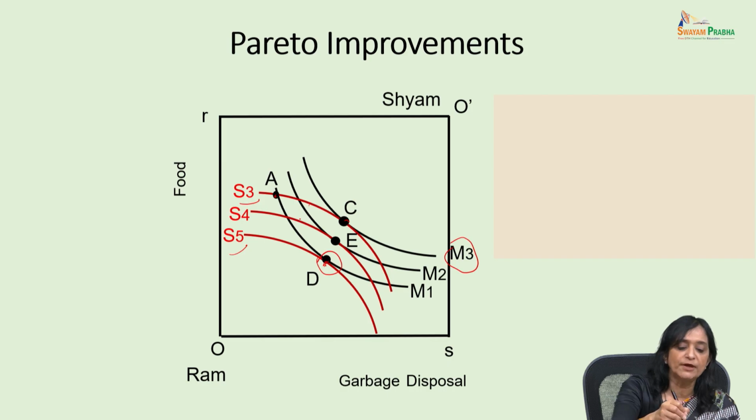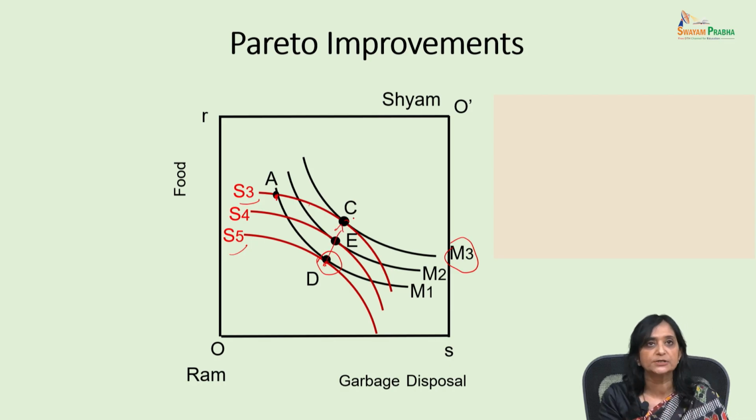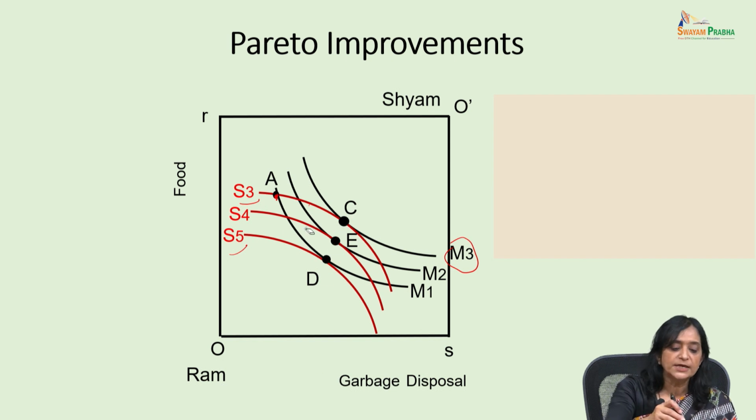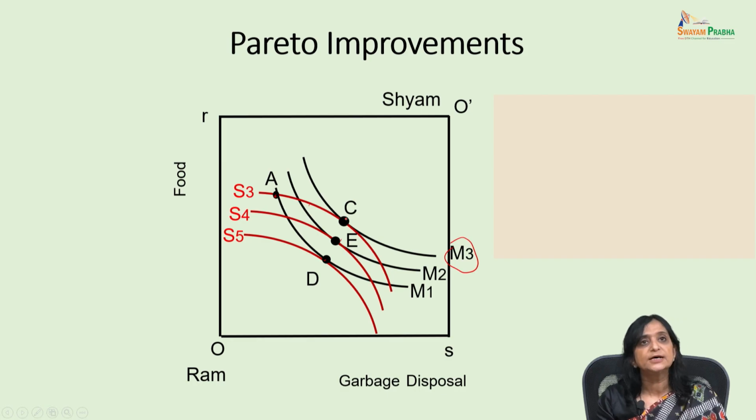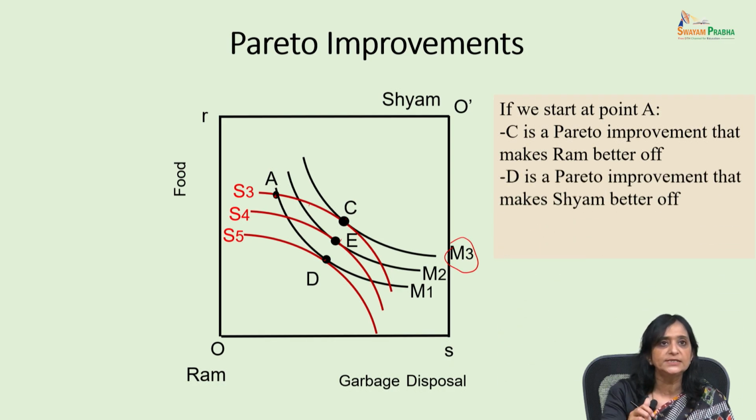what we are doing is we are making probably both of them worse off, because here Ram remains on the same point, but Shyam is going on a lower indifference curve. Whereas if we are somewhere on this point D, E and C, these are those points where there is no room for improvement. Rather, there is no Pareto improvement there. And when we join these points,